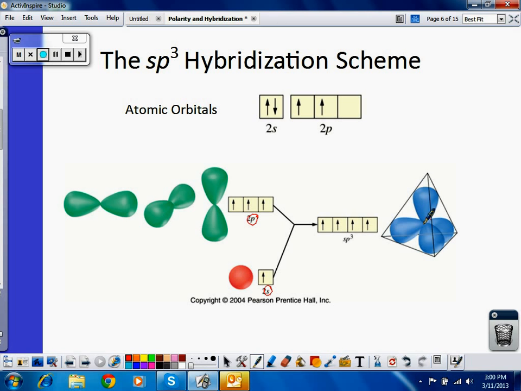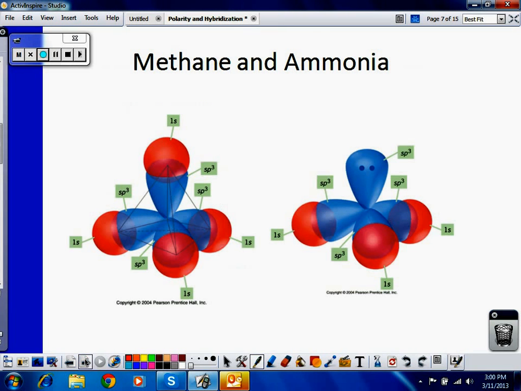So my carbon would be in the middle here, with its 4 equal orbitals scattered around at 109.5 degrees. So in methane, this is what happens. 1, 2, 3, 4. So overlap with the 1s electron. Now over here we have ammonia. So remember, ammonia has that 1 lone pair on there, but since there are 4,